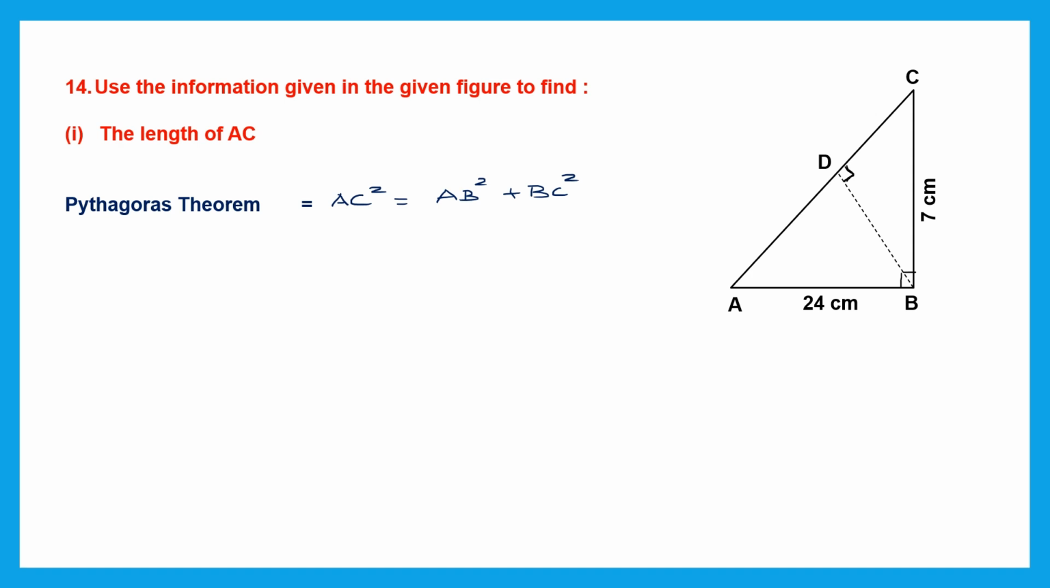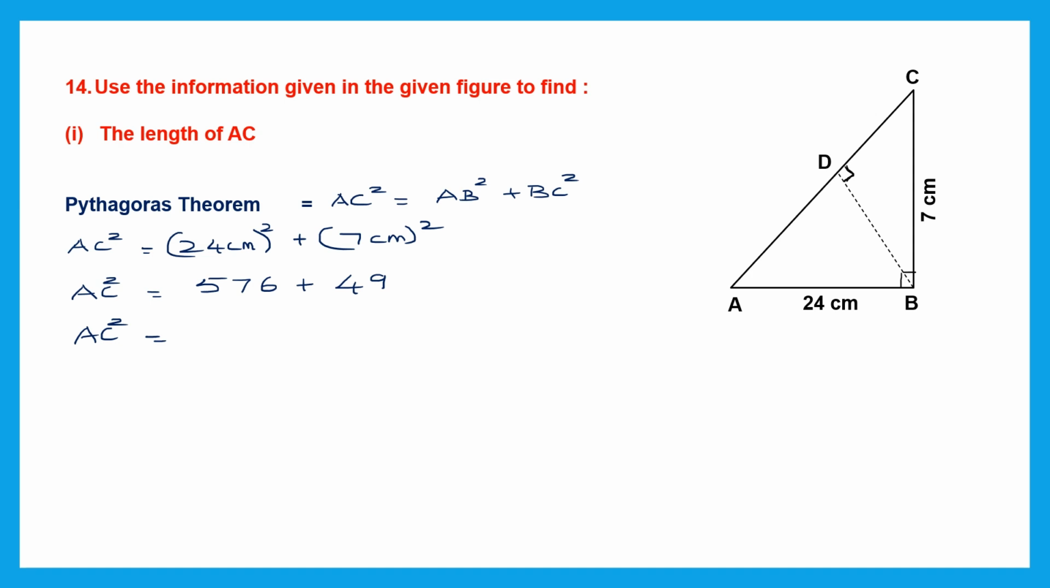So we can use this Pythagoras theorem. So let's do that. AC square is equal to AB square. AB is 24 centimeters, 24 centimeters square, this whole thing, plus BC square, which is 7 centimeter square. So AC square is equal to 24 into 24, which is 576, plus 7 square, 7 sevens are 49. So AC square is equal to 576 plus 49, which is 625. Now to find AC, we have to find the square root of